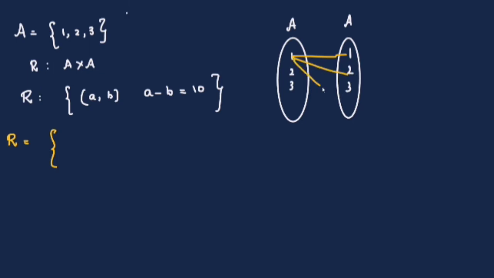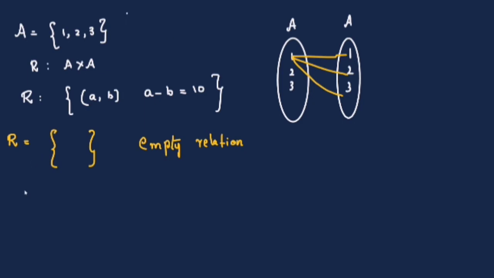No. Can I write 1, 3? Cannot write 2, 1. I cannot write 2, 2. I cannot. Right. So this is the empty relation. This is called an empty relation. Nothing is there, isn't it? This is an empty relation. We are not able to take any element from here. So this is called an empty relation. So we know what a relation is. Now this is an empty relation.